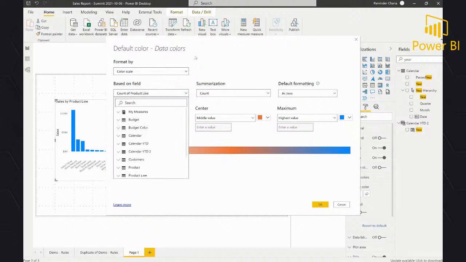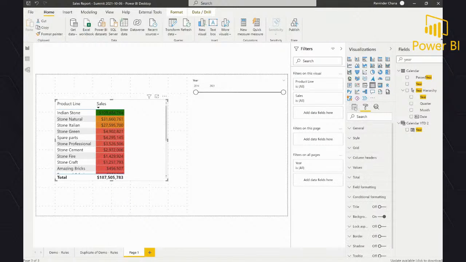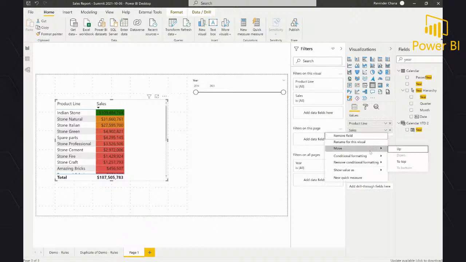One thing that is also challenging: when you are in a matrix visual, let's quickly go back to a table visual. When I am applying a conditional formatting, it already knows which column you're applying it on. So I'm applying it on the sales measure.